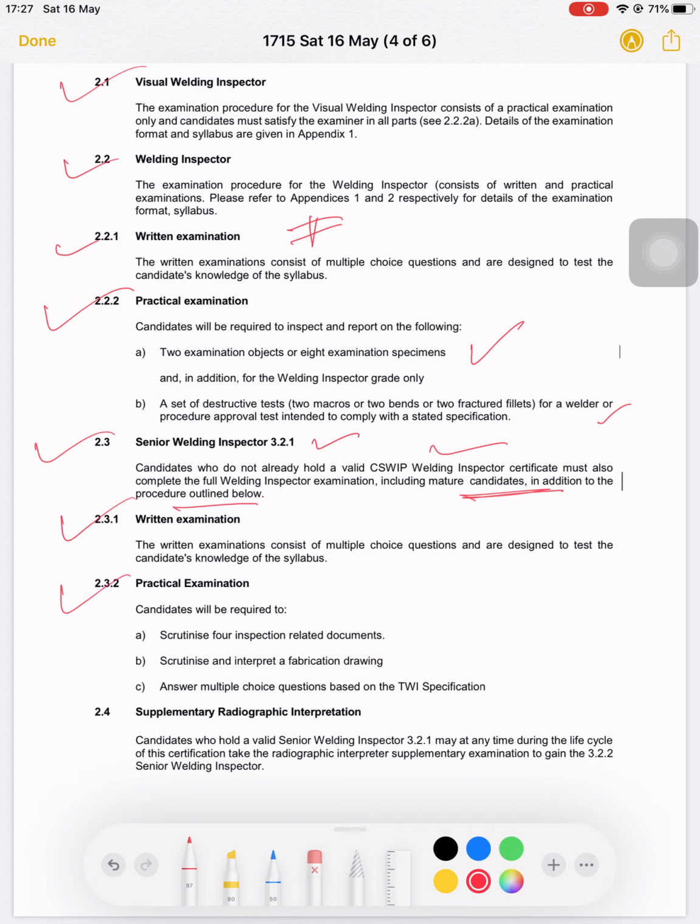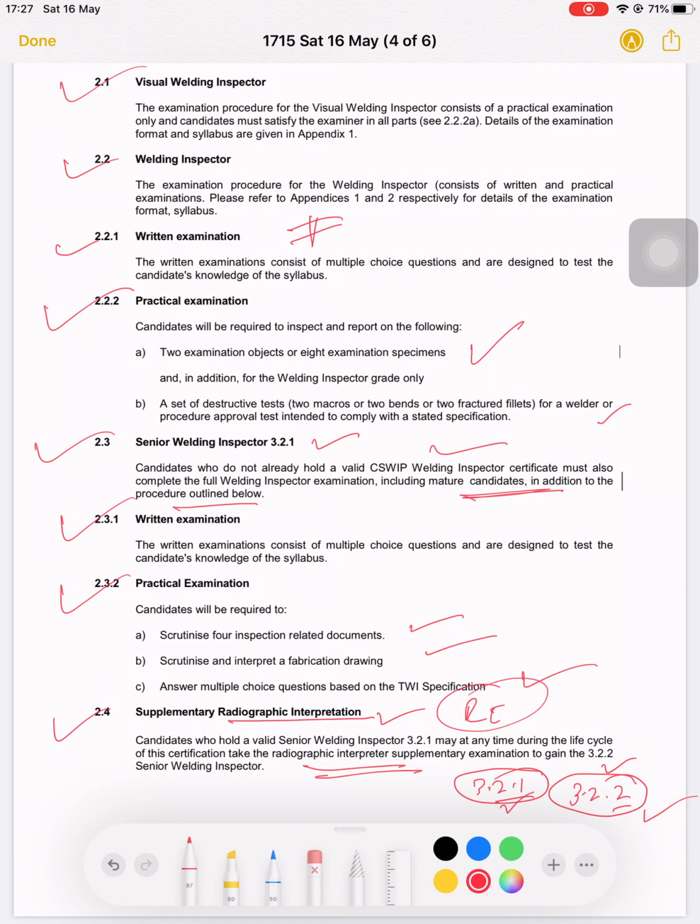Written and practical examinations include scrutiny of inspection related documents, scrutinizing the entire fabrication drawing, and multiple choice questions. And there are supplementary radiographic interpretations: if you are 3.2.1, there is no RT examination, but if you are going for 3.2.2, then radiographic interpretation will also be there, and you have to interpret the radiography film, and then you will be certified as a senior certified building inspector with RI. So 3.1, 3.2.1 and 3.2.2.